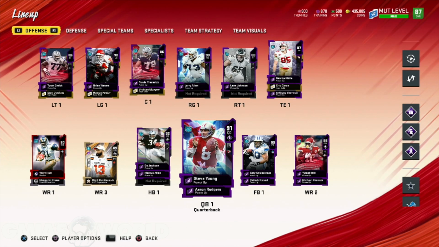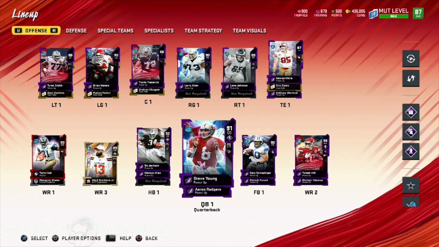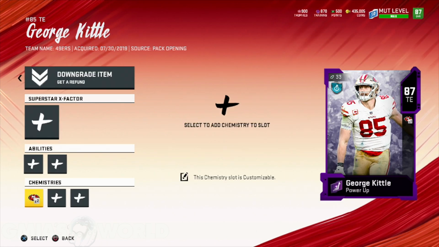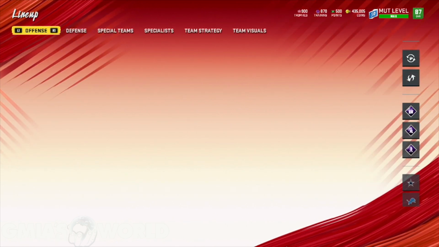So let's go ahead and we're going to put him into the lineup. I don't know how many 49ers players I have. I don't know why he only gets one 49er chem and he's a 90 overall plus. And Kittle only gets what, x2? Because with the other ways they used to have it, I thought he was able to get more. Okay, x2 is all he gets. All right, that's fine. So we'll go ahead and add Delanie Walker in